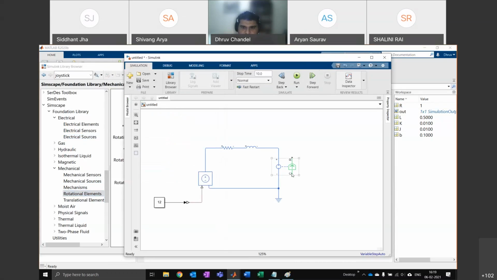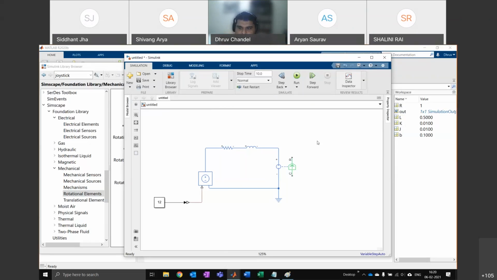For mechanical circuits, you have C and R. So what this means is C stands for casing and R stands for rotation. So if you have a motor, your casing is connected to the ground and the shaft rotates. This is what it means. It helps you to connect the components in the right direction and basically doing the right thing.